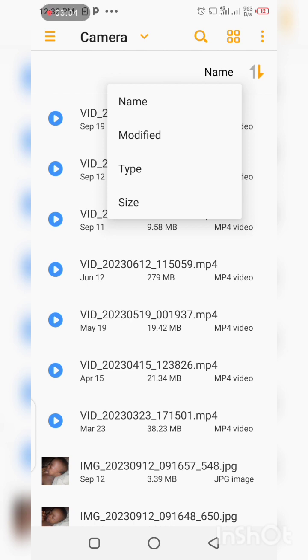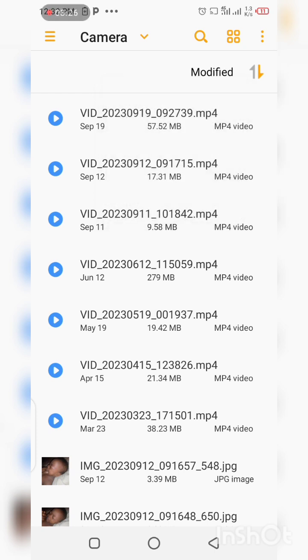Then if you check at this place that I have a name, modify, type, size, this is the sorting type. So formerly it was sorted by name. I can sort by modified, I can sort by type, I can sort by size. So if I want it to be easier for me based on how I want it to sort,